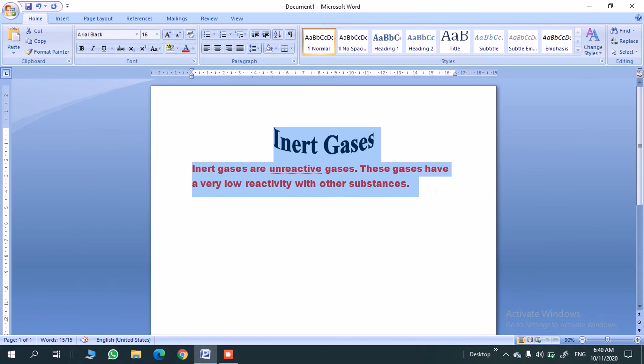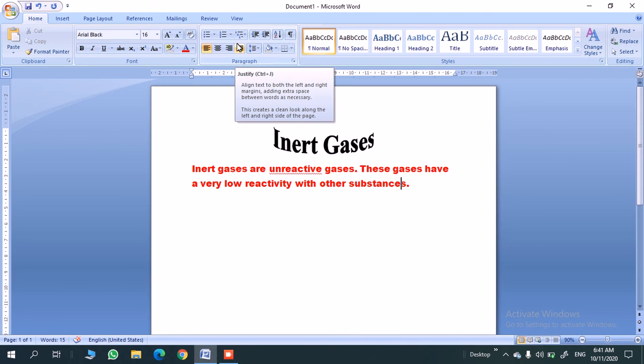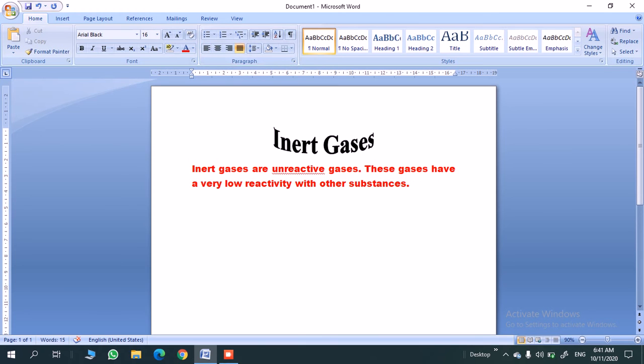Any kind of font can be used here. After typing your paragraph, you have to choose a justified alignment option that is available here in paragraph. It will make your text align properly on both sides.